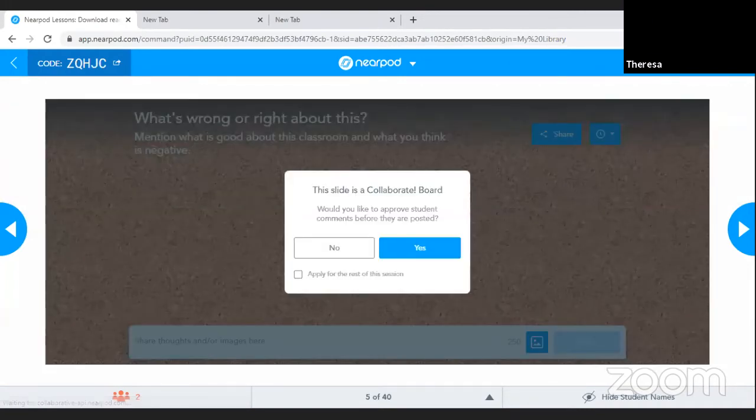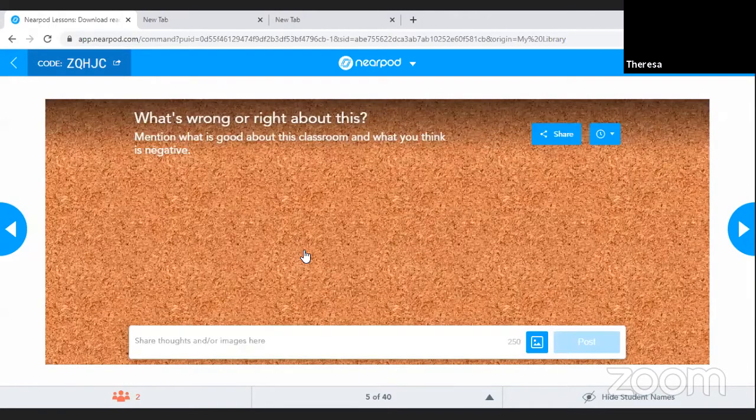So just as a little bit of participation, I'd like for you to tell me what you think about this scenario at this stage. I'd like for you to write a comment. You will see that there is an interactive board on your side of the screen. Towards the bottom, you have the option of sharing your thoughts and maybe even an image if you'd like. So my question to you this morning, colleagues, after having taken a look at that,